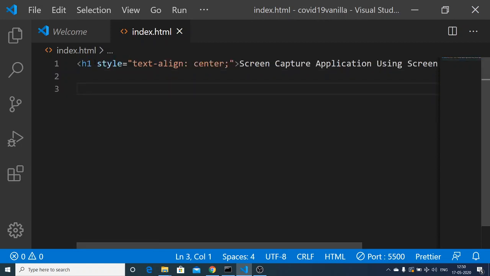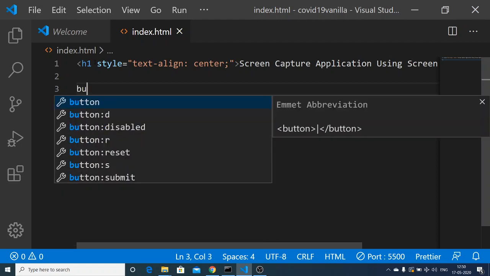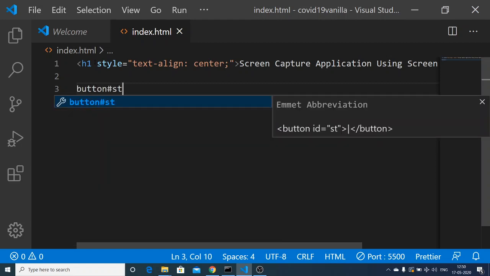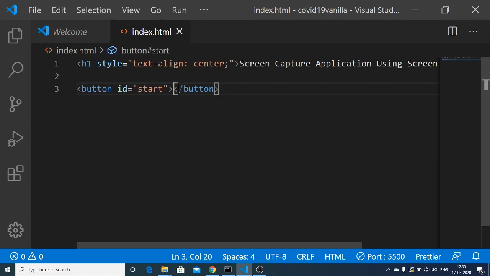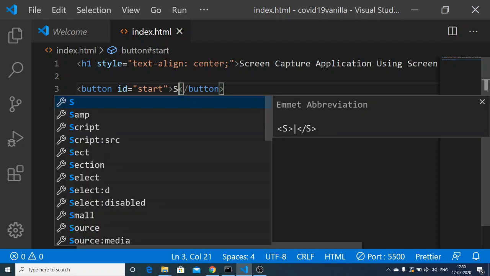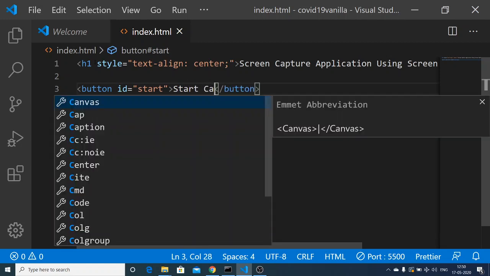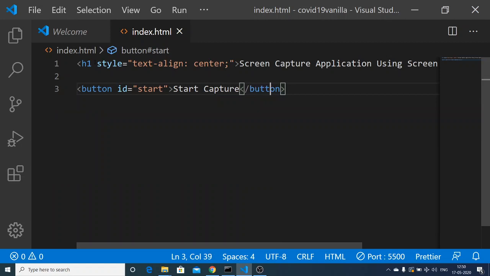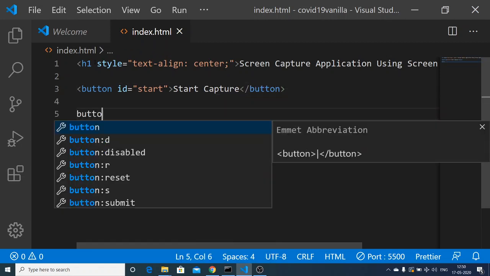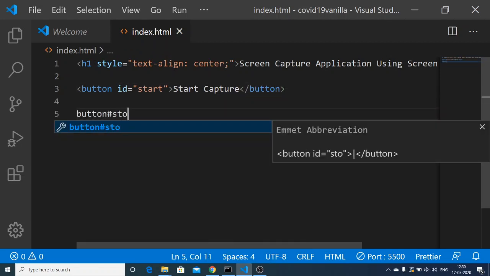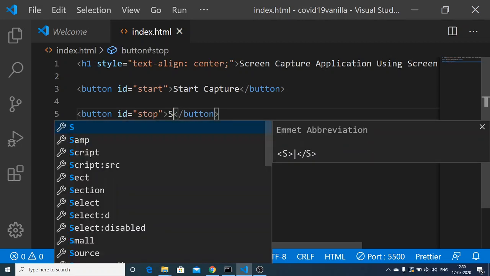After this heading we will have two buttons. The first button, let me give it an ID of start, and the label will simply be start capture. The second will be to stop it, so I will give a stop ID, and this will be stop capture.